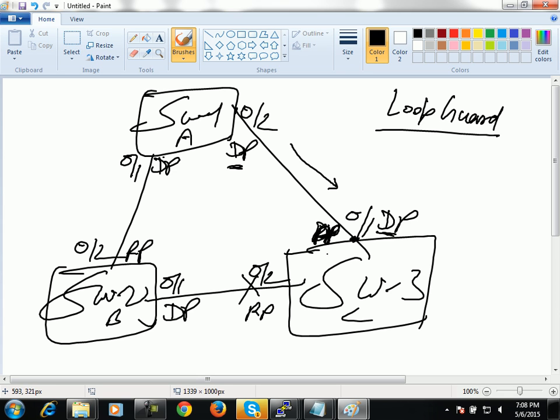Okay, because it was working as an RP earlier, you will enable loop guard here. You will also enable loop guard here because it is blocking, which means it is also non-DP. I'm saying that loop guard will be enabled on all non-DP, and under non-DP you have both of them, blocking as well as RP, root port. Is it not? And after enabling loop guard, if you do not receive BPDU for any VLAN,